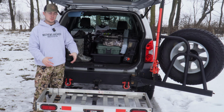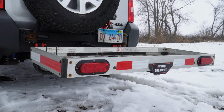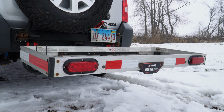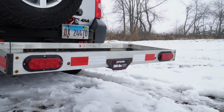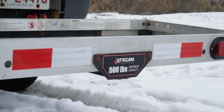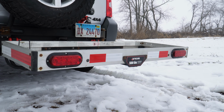You'll see in front of me, most people have seen these before, it's a cargo carrier. If you've got an SUV, they're super handy when it comes to loading deer and just bringing them home. You'll notice that I've put some running lights on them out back, and that was added by me and my dad, just because with the tire swing out, I've got an extension on this thing, so it sits pretty far